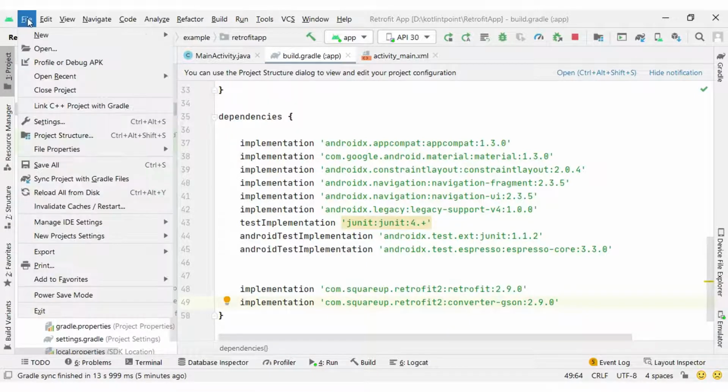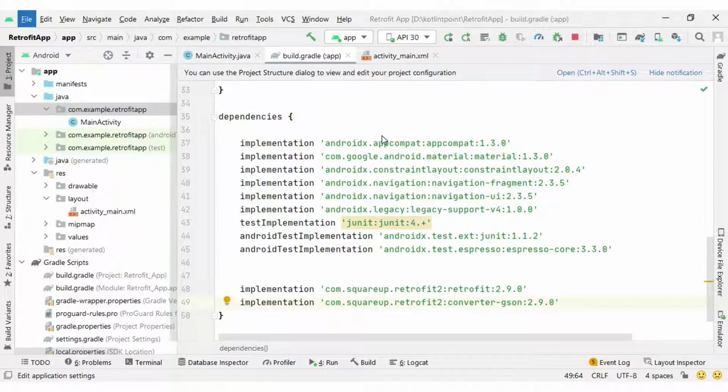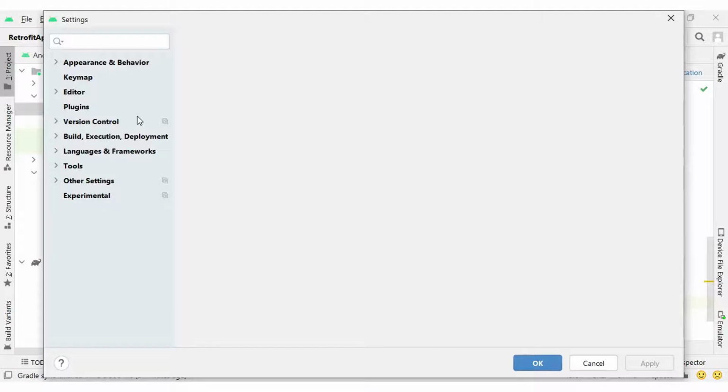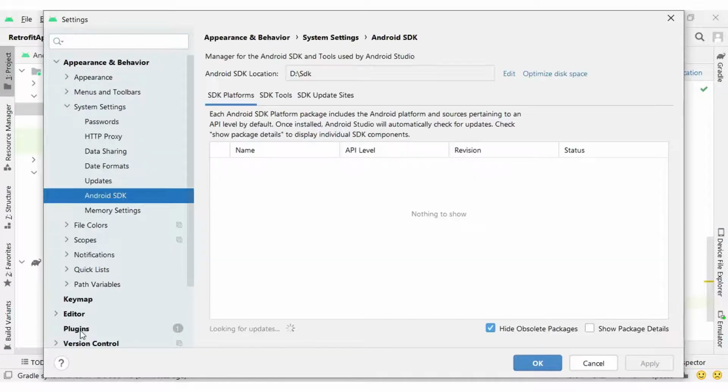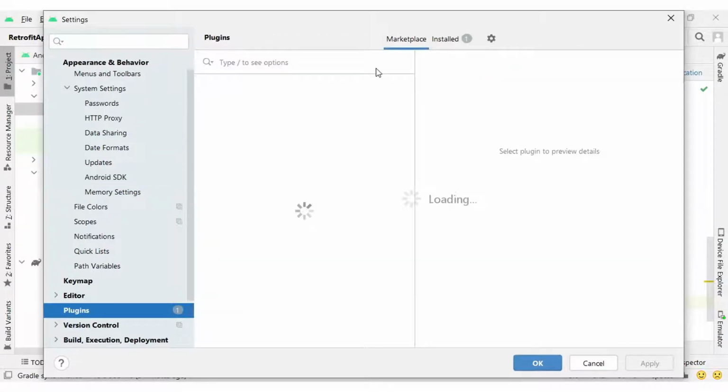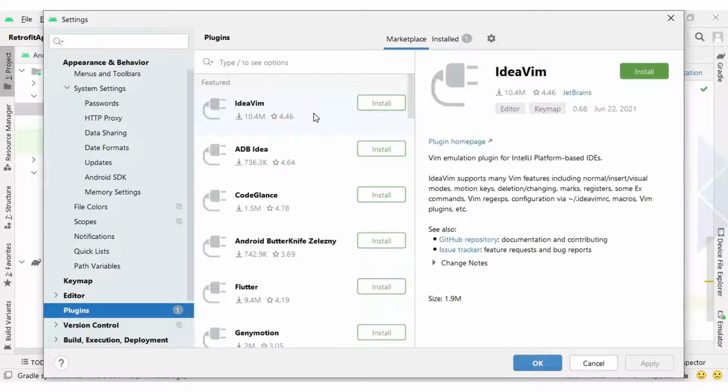Let me show you what plugins are available in my Android Studio. I will click on File, Settings, and inside Settings you can find Plugins. Different plugins you can install can make your coding easier, or provide tips that can improve your coding work.